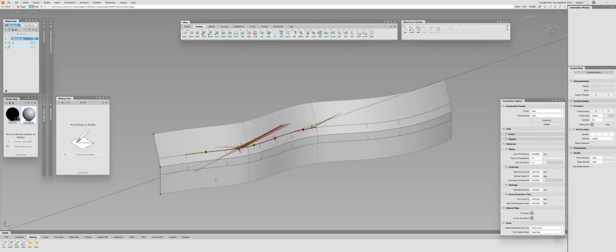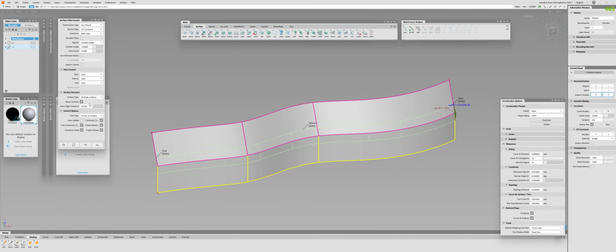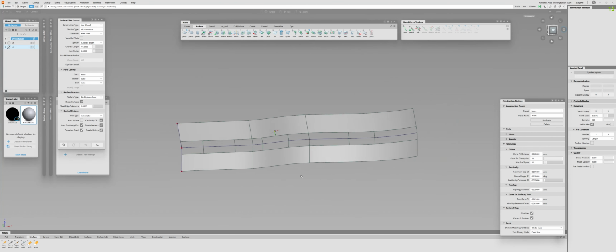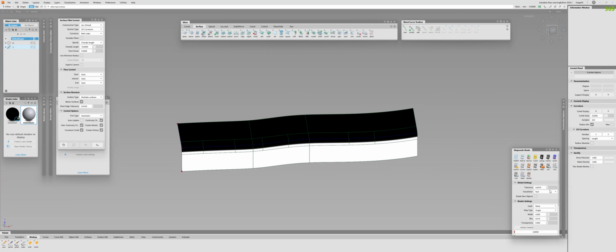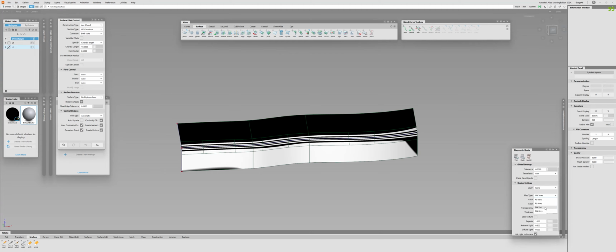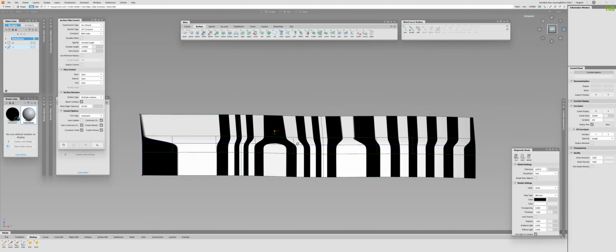The only important thing to note, before you consider letting it go and move on to the other parts of the model, is to use your diagnostic shading to check that it really doesn't have a problem. So for example here, let me automatically trim it like this, and if I open up my diagnostic shading and change it to the vertical,